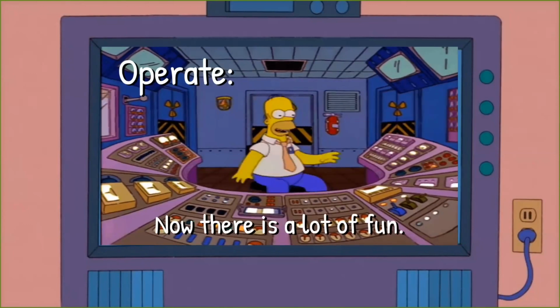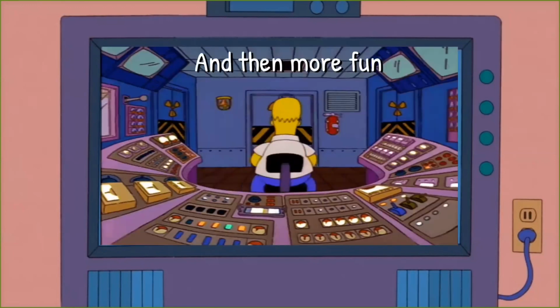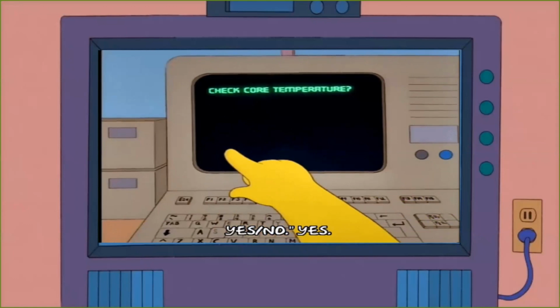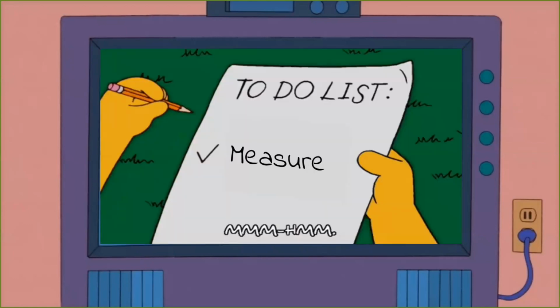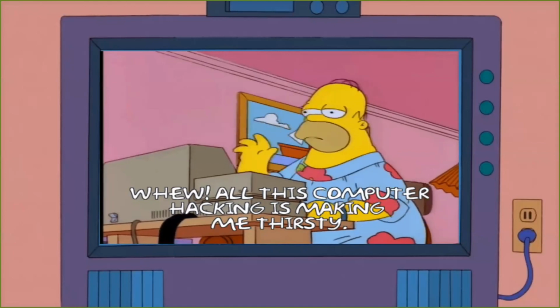With the deploy, it's time for operations. Now there is a lot of fun. There are still some bad days, but those won't last forever. Once there is operations, it's time to measure. Metrics are now enabled across the system. With the measure done,